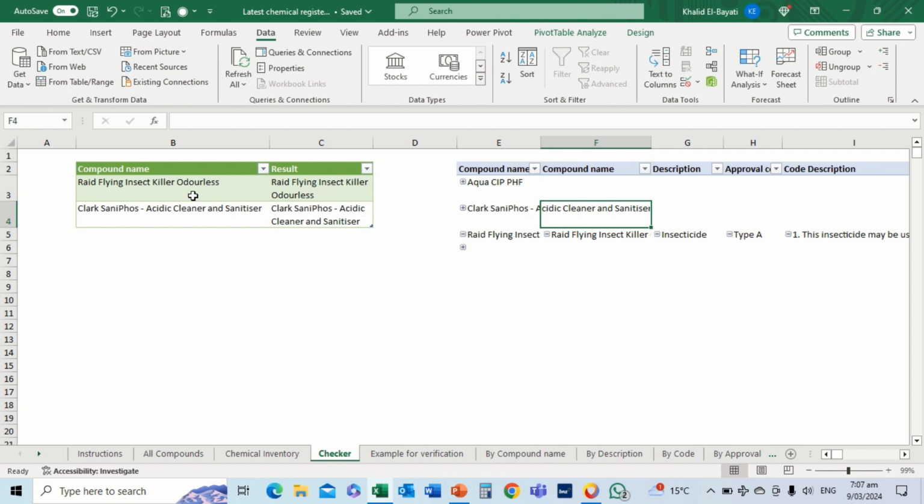So there are those two compounds, but we have those names, and now this one needs to be also